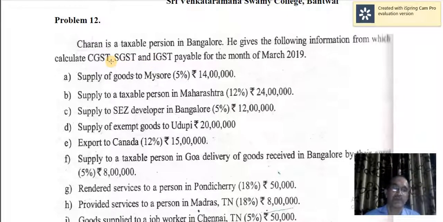So I told you about input tax. Input tax is on inward supply. Inward supply means we are being supplied with goods by somebody else. We are the receiver of goods. So when we receive the goods, we pay the GST. So that is inward supply, GST on inward supply, and that is input tax. And input tax can be adjusted against output tax, and thereby net tax is payable. That is, output tax minus input tax is equal to net tax payable. So you must understand these three terminologies.